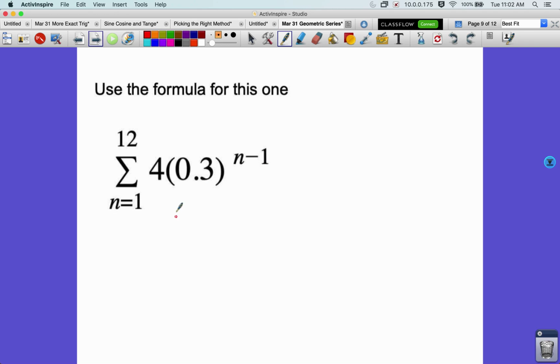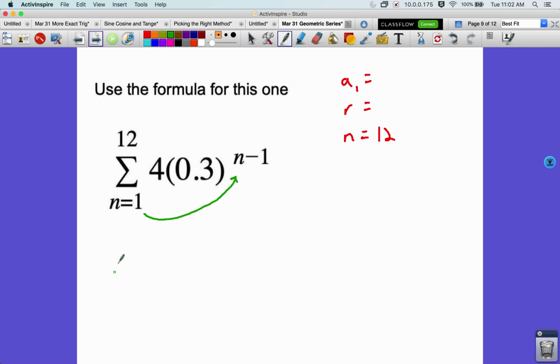All right, so this is geometric. We can tell because our variable is in the exponent. But we might not be entirely sure what the a sub 1 and the r are equal to. We can probably tell that n is equal to 12 though, because that is the number up there. But to figure out a sub 1 and r, just to be certain about it, just start plugging in numbers